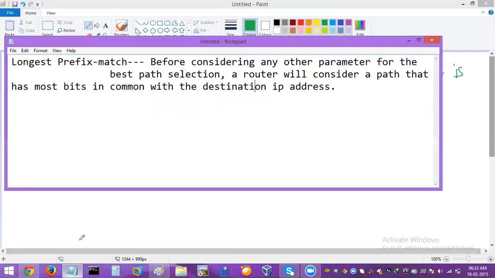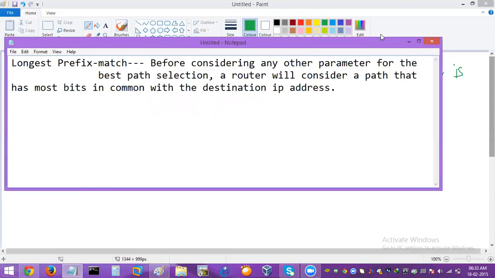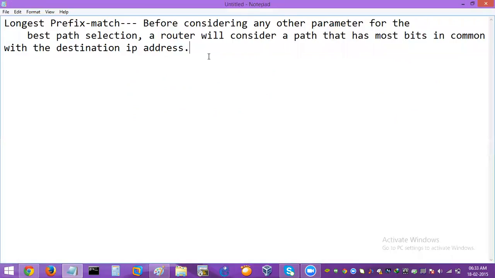Okay, so I'll write down the note about it. So here, administrative